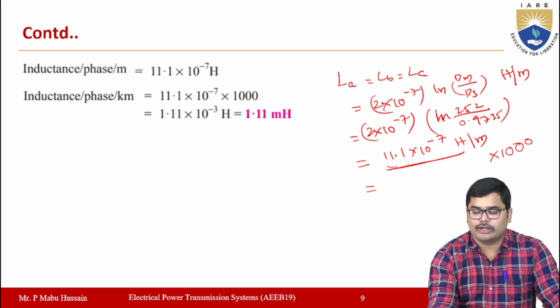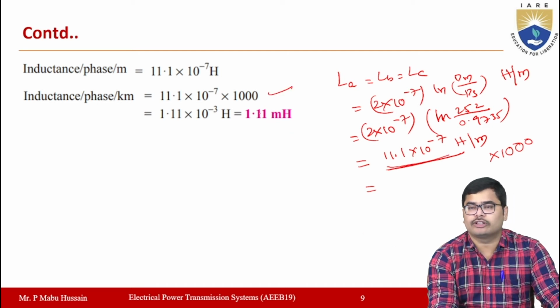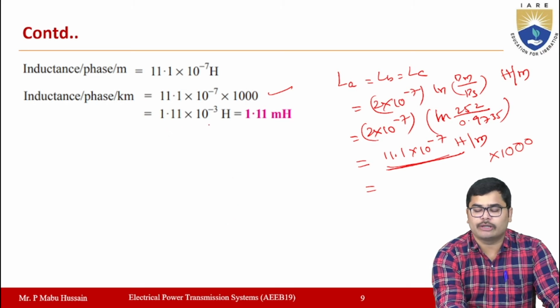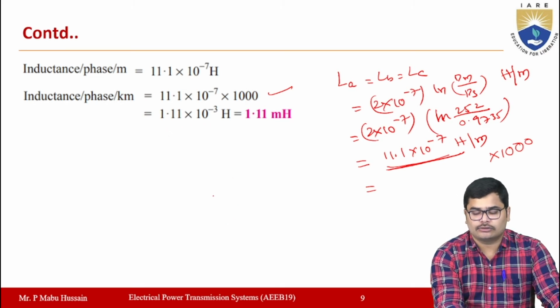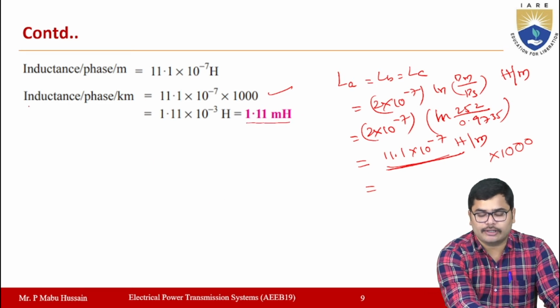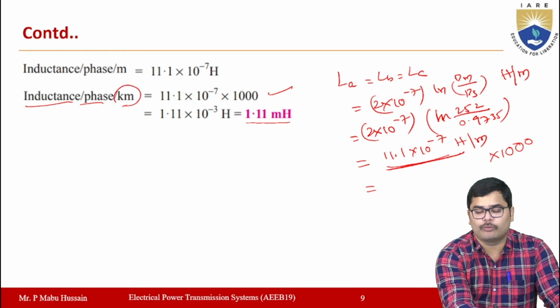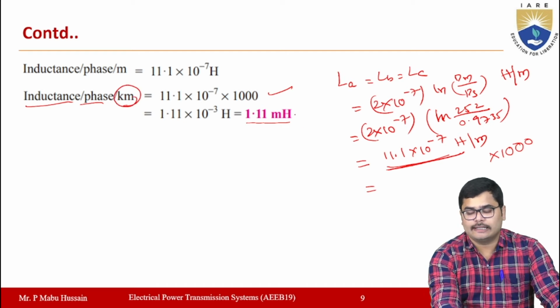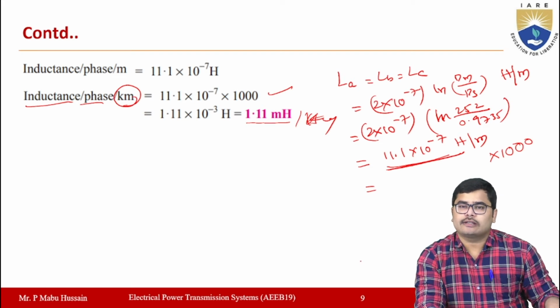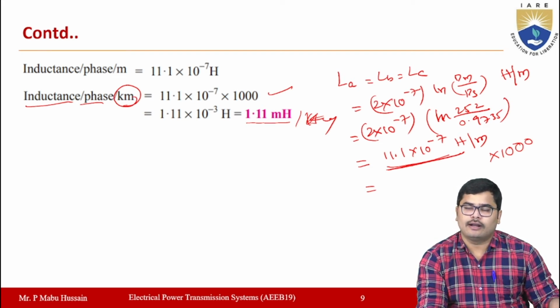So 11.1 into 10 power minus 7, if you multiply with 1000, then the value of inductance is 1.11 into 10 power minus 7 henries. So that value is 1.11 millihenries. This is the value of inductance per each phase per kilometer. Okay, so millihenries is for each kilometer. This is how you can calculate the inductance of a three-phase unsymmetrical transmission line as well as a single